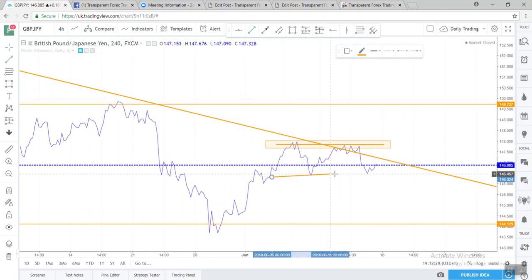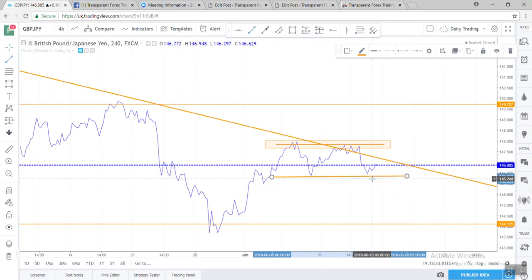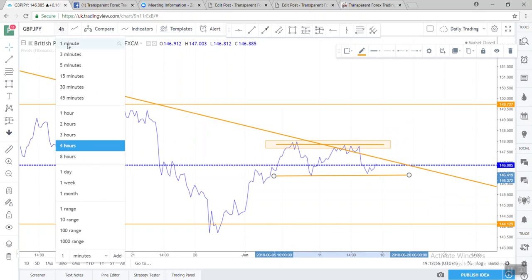It's just in the process of consolidating up to this daily trend line, which is either going to respect and come down and follow the trend line down, or it's going to break, retest, and then possibly go back up. If we go down to the 1 hour,